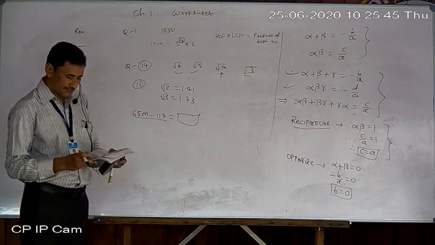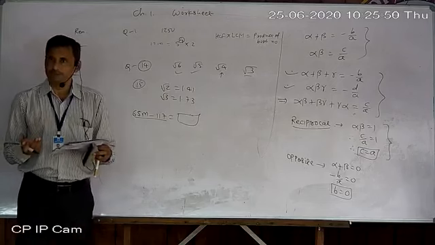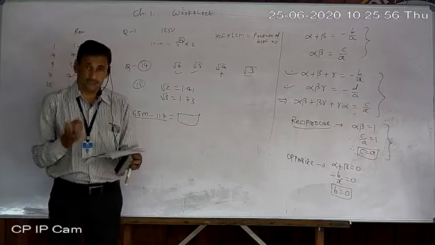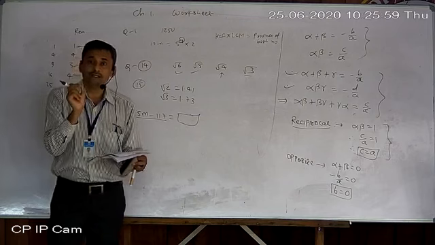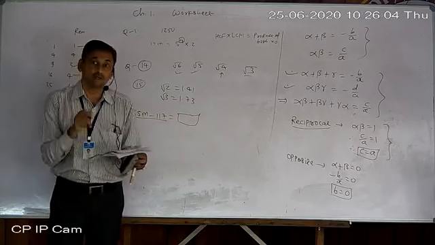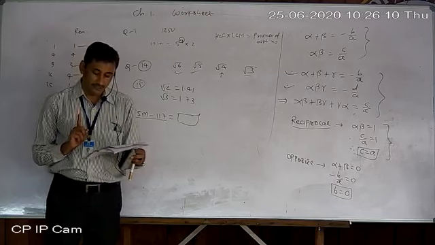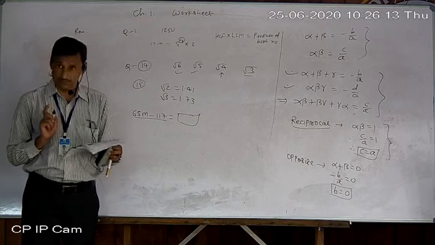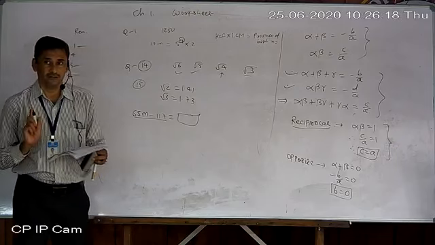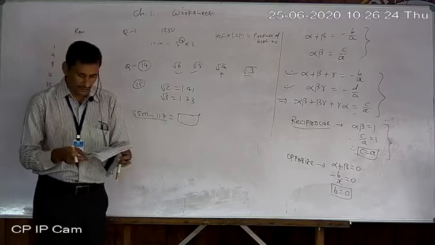Next. Largest number which divides 70 and 125 leaving a remainder. This type of question we already solved. Largest number which divides 70 and 125 means HCF is asked. So HCF is asked, but a remainder is there. So first of all subtract the remainder: 70 minus 5 is 65 and 125 minus 8 is 117. So find the HCF of 65 and 117. Why? Because the remainder is given, so the remainder is first subtracted, and only then you have to find it.